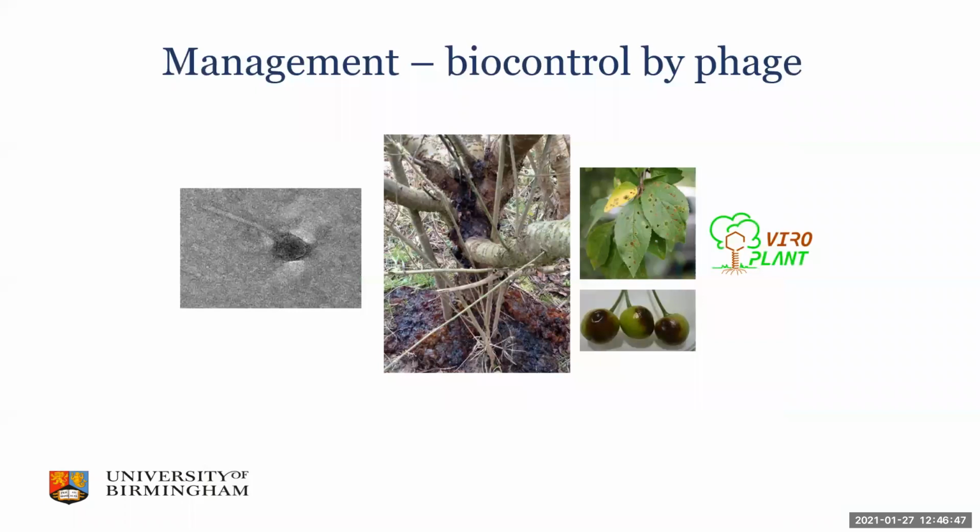So another desirable alternative method of control can be the use of biological control agents, like bacteriophages. Bacteriophages, or phages, or bacteria eaters, are naturally occurring viruses that infect and kill only targeted bacteria. They are a highly desirable option for management of bacterial diseases because they are extremely selective to the target bacterium